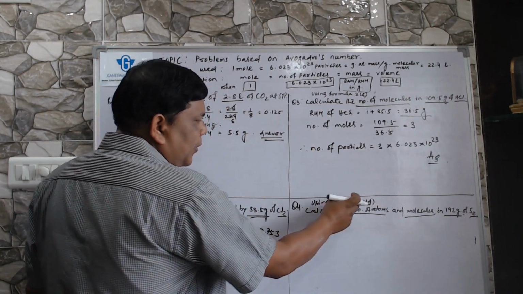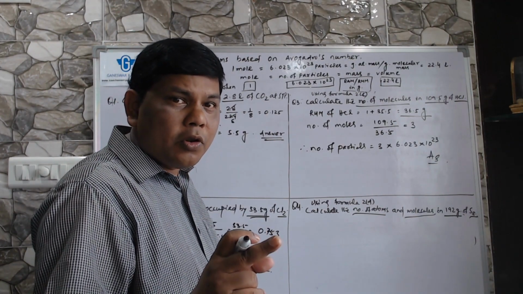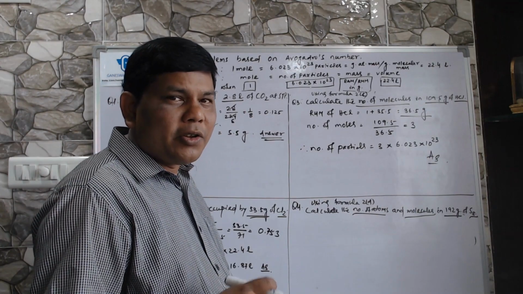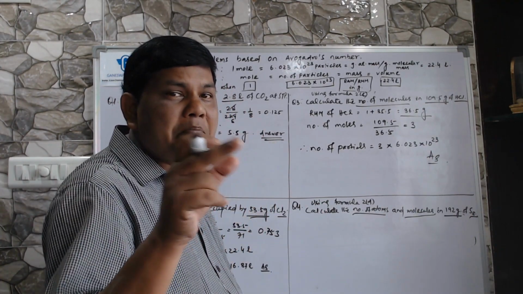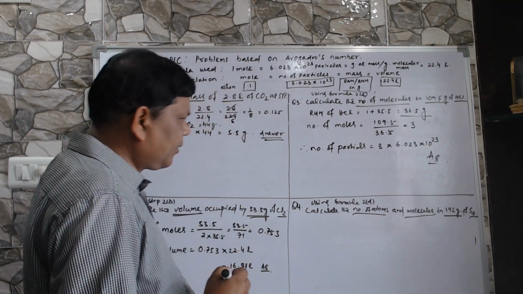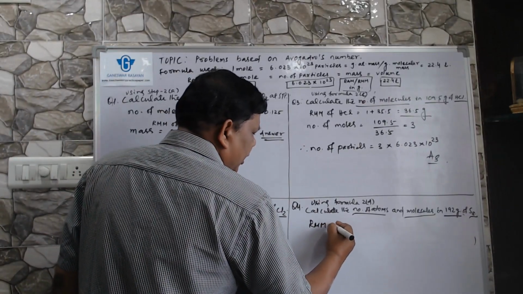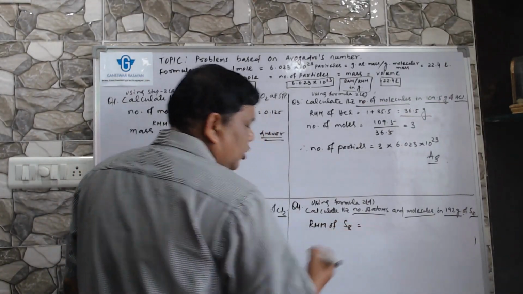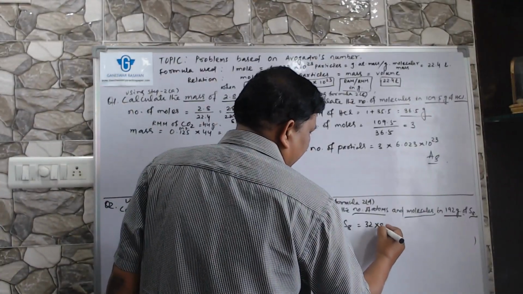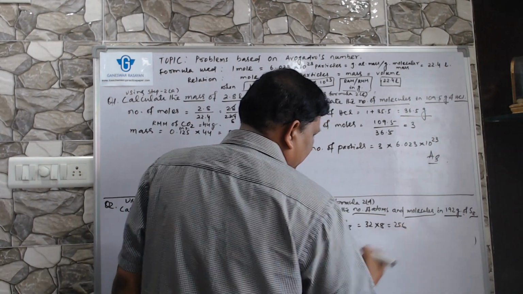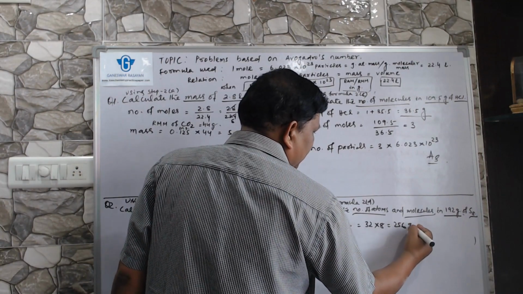So to use formula 2D, we should calculate the number of moles of S8 molecules so that we can use formula 2D, meaning step 2, formula number D. So let us calculate RMM of S8. Sulfur atomic mass is 32. So 32 into 8 equal to 256. If you are calculating in gram, then you can write 256 gram.